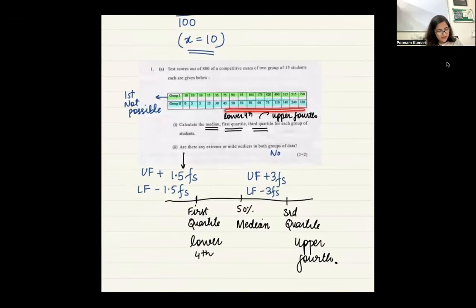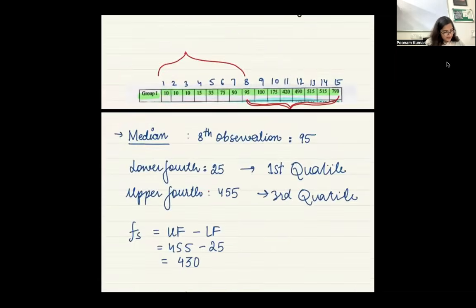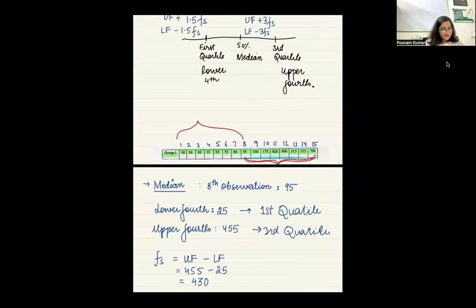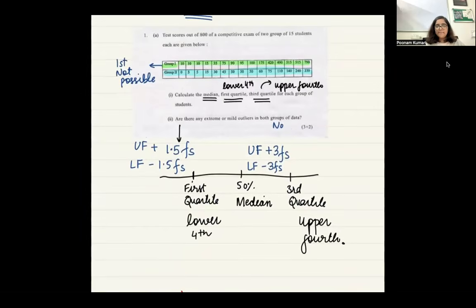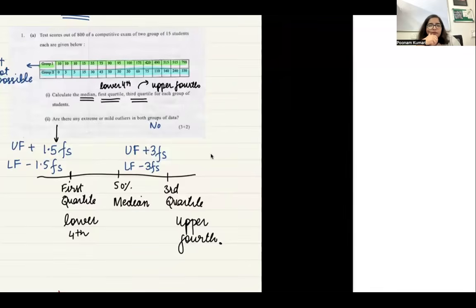I mean, for this. Ma'am, what was whiskers in box plot? Okay, whiskers, fine. Let me just go to that. First of all, let me just wrap this up. This is okay? Yes, ma'am. Fine. Let me show you the whiskers now. I think yesterday also you asked this, right? Yes, ma'am. I forgot. No worries, no worries.